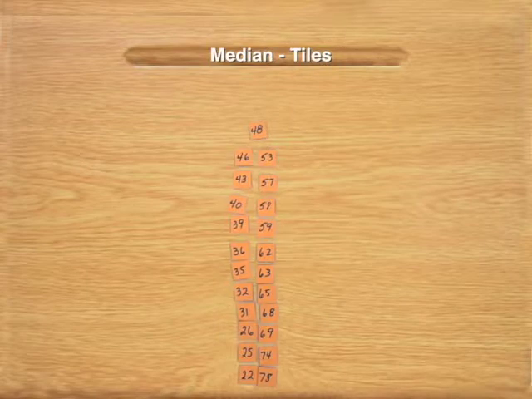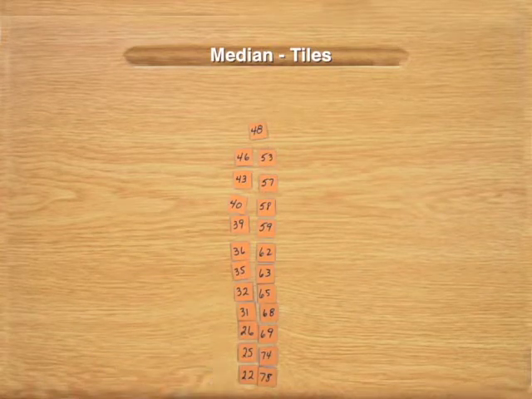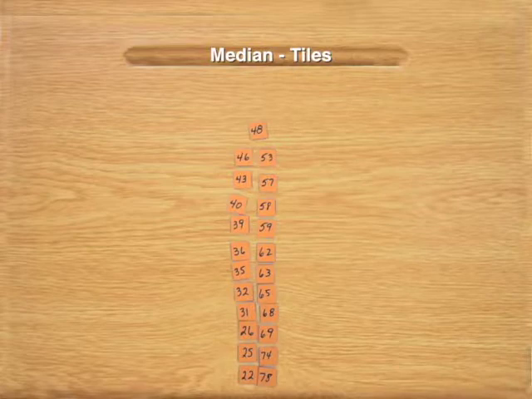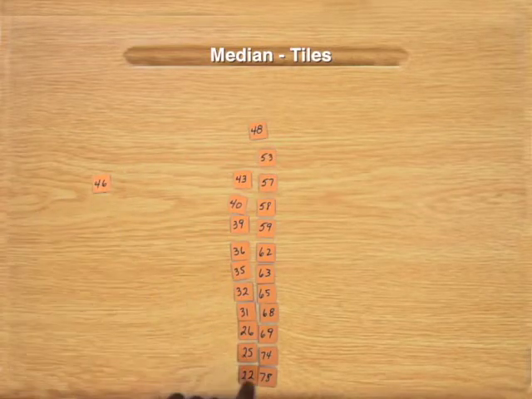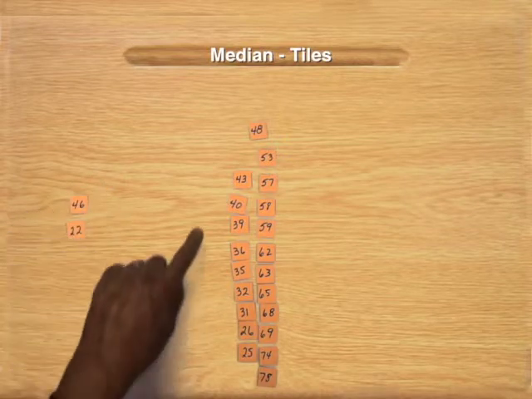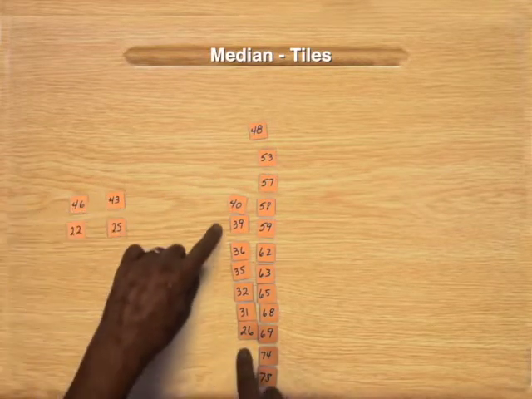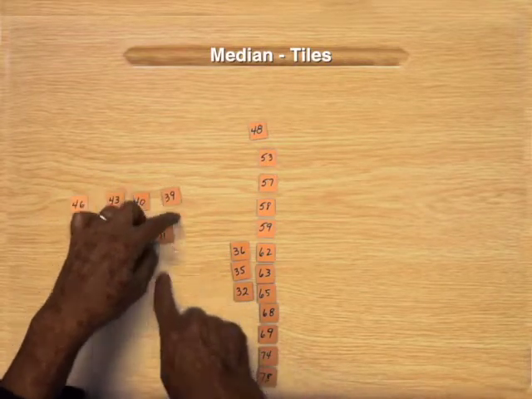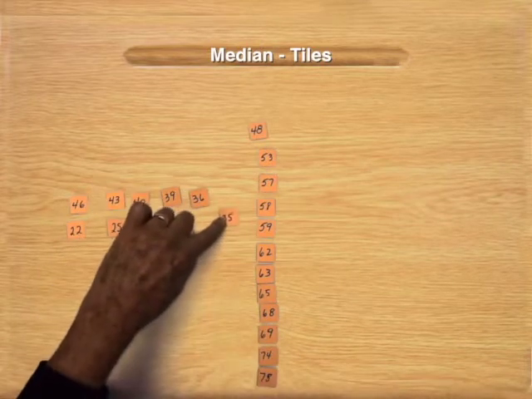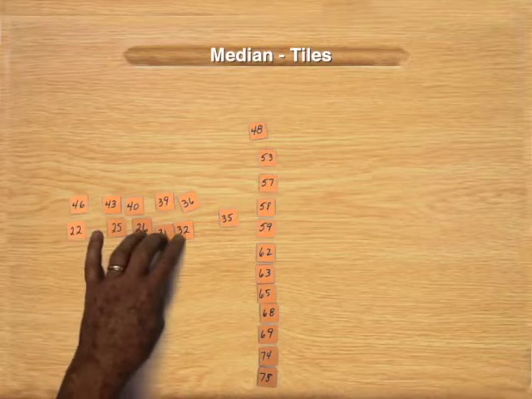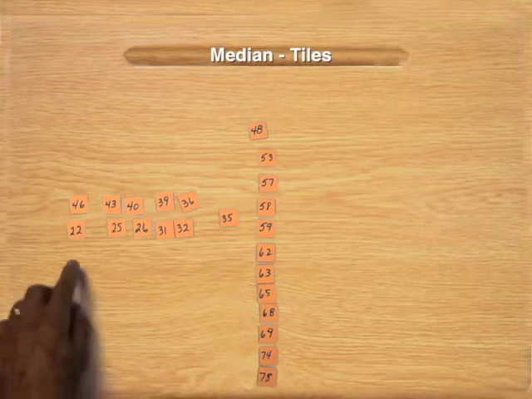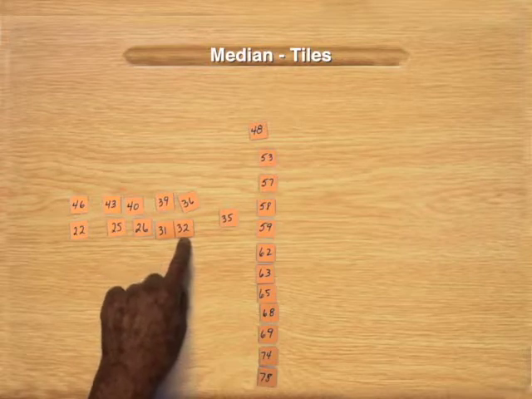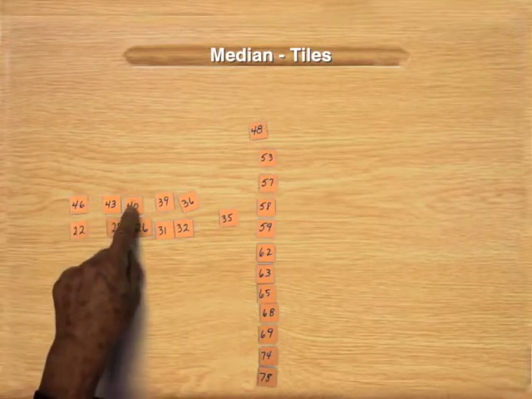Now the next thing we're going to do is find the middle number of the low group and the middle number of the high group. So what we can do now is do the same thing we did before. We can match up the higher numbers here, then we can match up these two, then these two, it stays there, then these two, and these two, and it turns out that 35 is the middle of the lower group of numbers, because we have 1, 2, 3, 4, 5 numbers lower than 35,